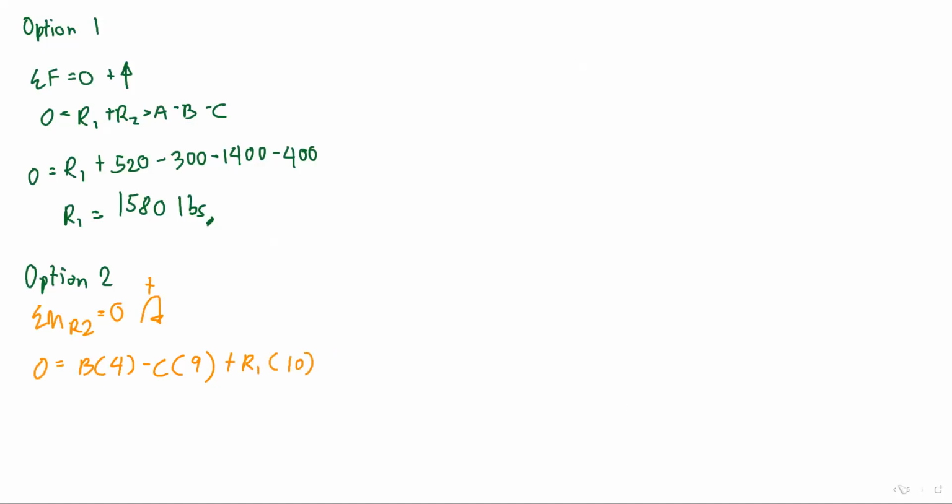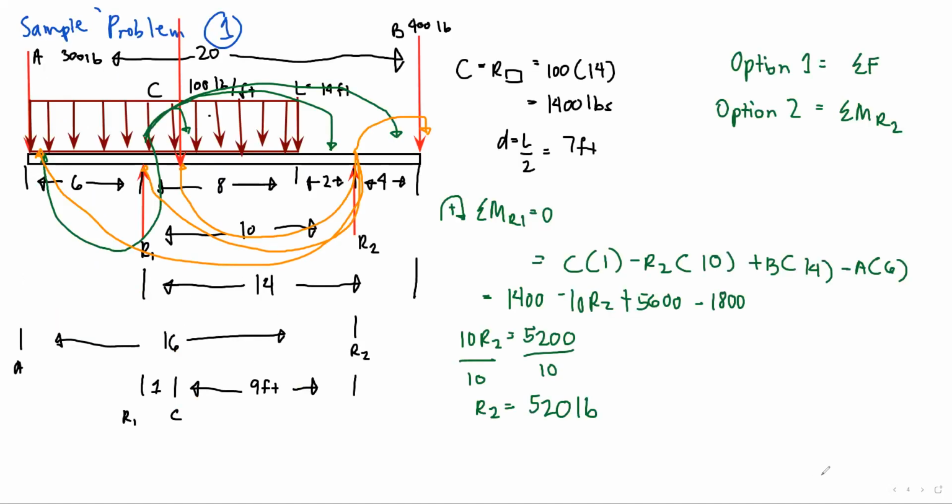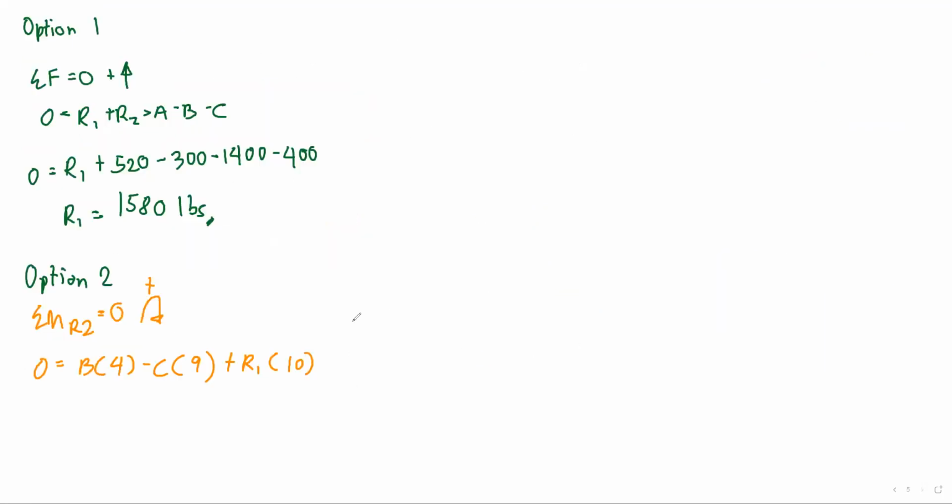Di ba? Hindi naman magbabago yung distance between them. Ayan, 10 R1. And then lastly, R2 to A is 16. Okay? Minus 3, A pala. A to 16. Okay? So, 10 R1 is equals to,